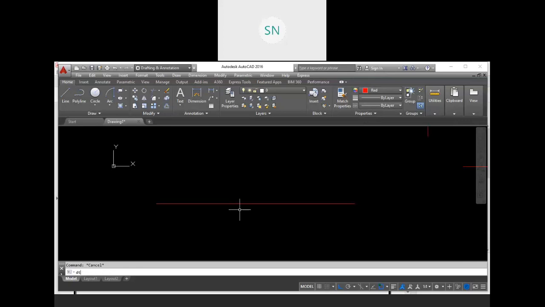See, DT, enter, justification, fit, and again we are going to specify 2 points, but this time our text height is fixed. See, our text height is 15 mm as we discussed in our text style.